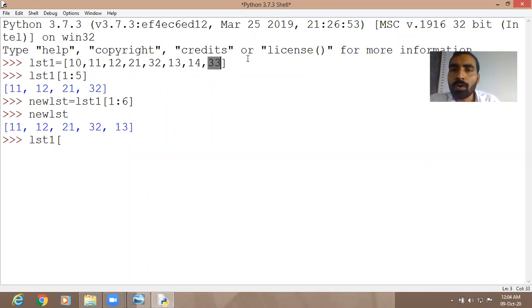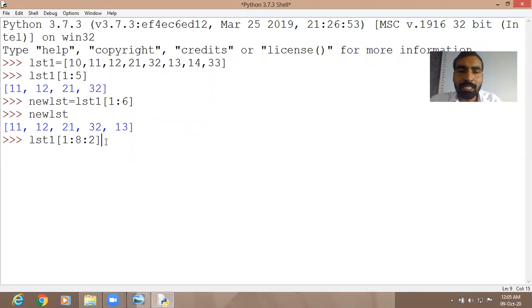So what I will do here is write LST1, starting from index number 1 up to index number 8, the full length, colon, the step value 2. 2 means at the gap of 2. 1, after that 1 plus 2, 3. Then 3 plus 2, 5. Then 5 plus 2, 7. The upper limit is 8, so it will continue up to 8 minus 1, that is up to 7, and the values will be provided from the index at the gap of 2.